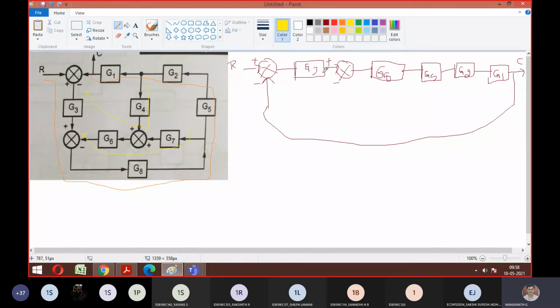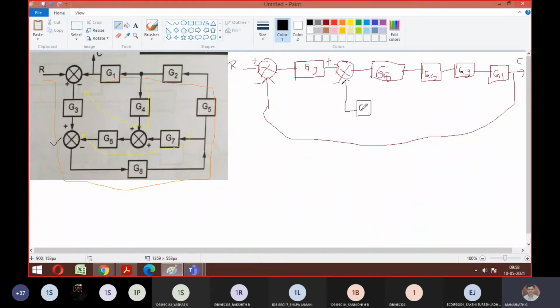So can anyone tell me what is there for this summing point? I mean this summing point. This one. You can look at the cursor. Here I should connect. What all things should I connect, guys? Look at the diagram and tell me. So what is this connection given to? Is it given to G6? G6. So you want to connect G6.